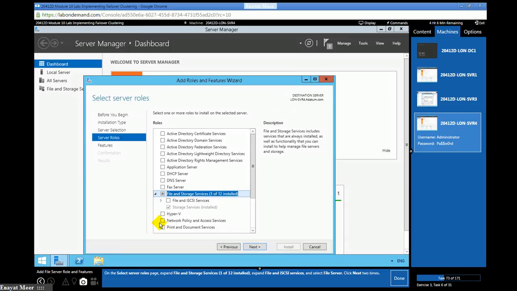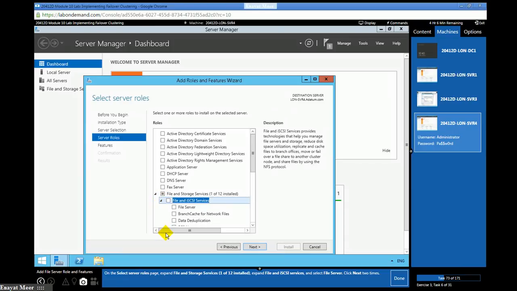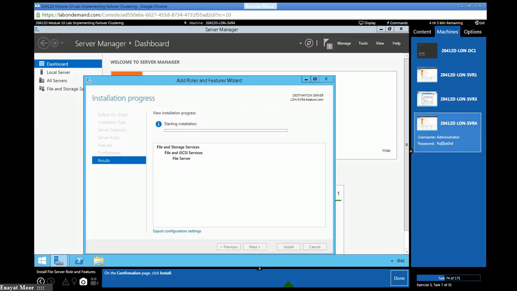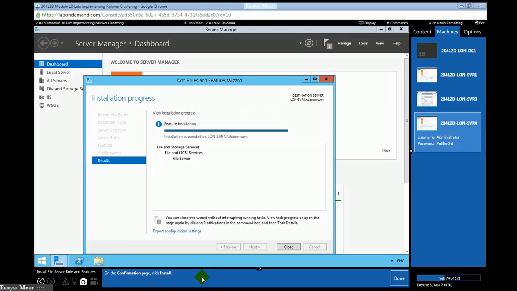From here, just look at what was installed and what we have available already. So 1 of 12 installed. You are choosing this file server. Keep in mind, now your SVR4 is a file server. So you installed a file server on server 4.